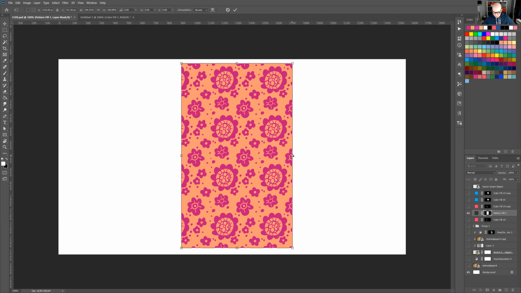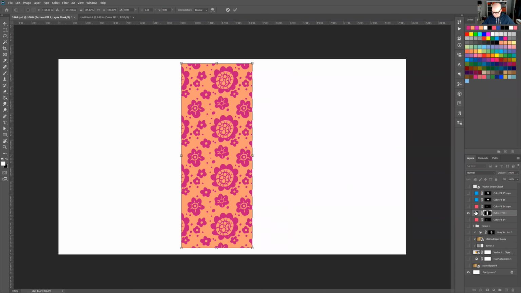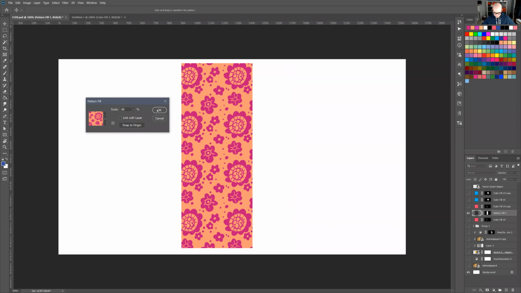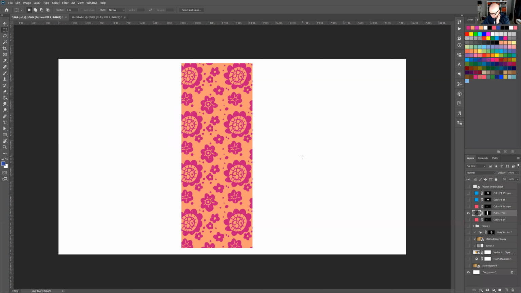Well, I'm doing something wrong, but I can't remember what it is, so I'm going to have to get back to you guys on this. No, that's not right. I can't remember how I have to move that. I can't remember what I'm doing wrong here. But anyway, that's how you make a pattern in